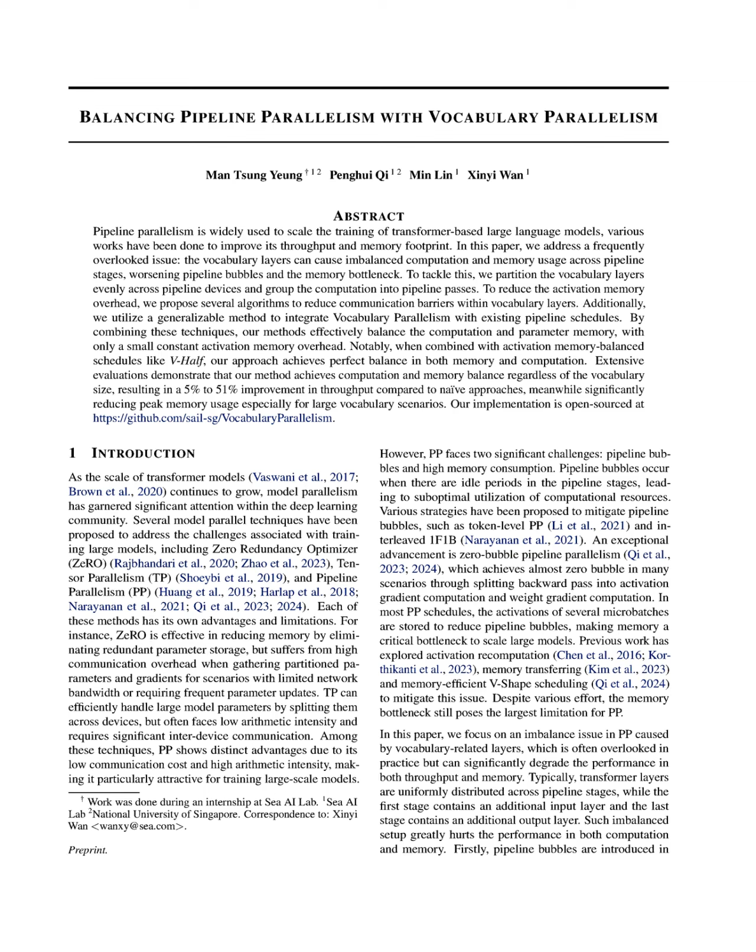The proposed vocabulary parallelism method aims to address the imbalance issue in pipeline parallelism, PP, caused by vocabulary-related layers, which is often overlooked but significantly degrades performance in both throughput and memory. This problem is significant because, in typical PP setups, the first stage contains an additional input layer, and the last stage has an output layer, leading to an uneven distribution of workload and exacerbating memory bottlenecks, especially as vocabulary size